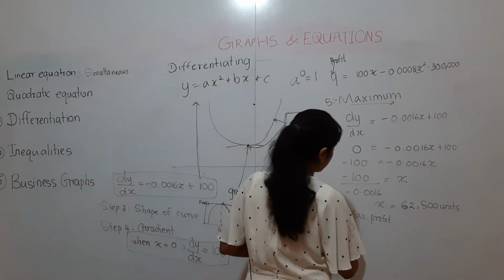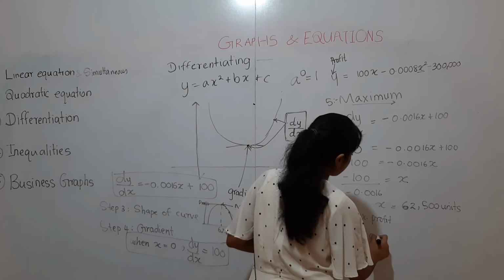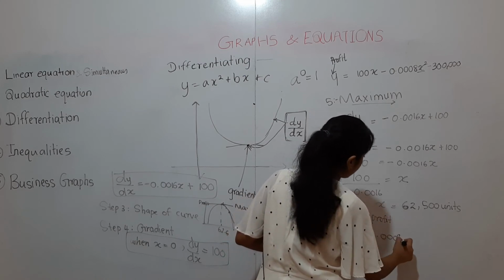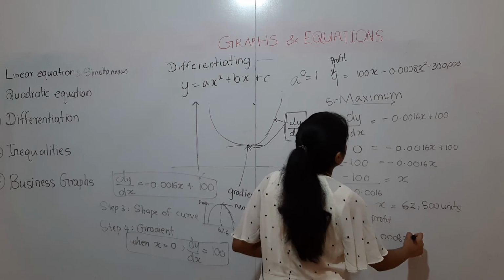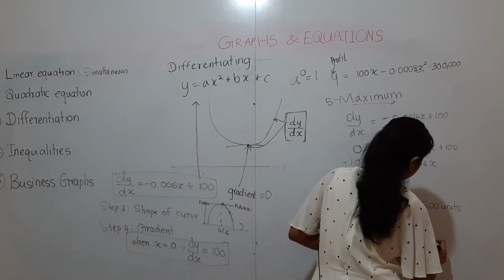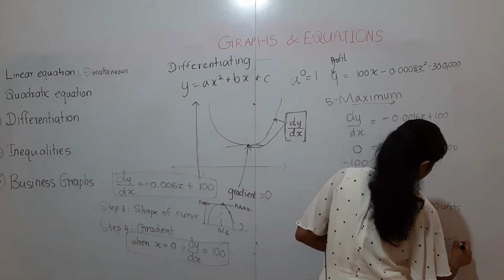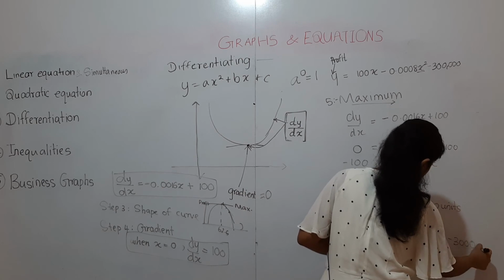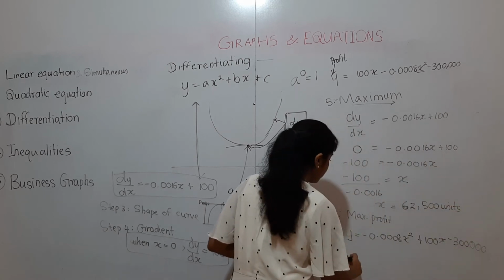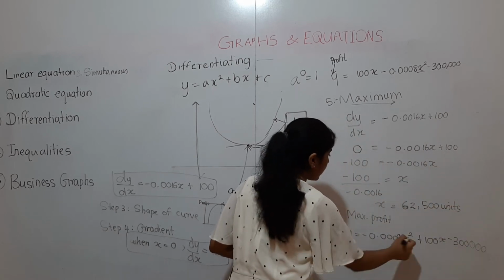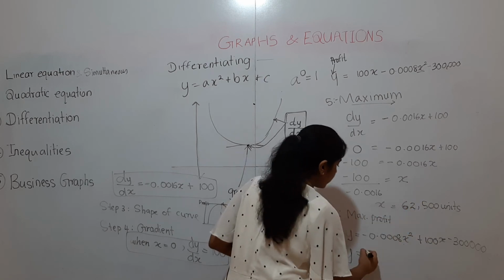So the profit equation is y equals minus 0.0008x squared plus 100x minus 300,000, which gives the answer y equals, now x we know is 62,500, then